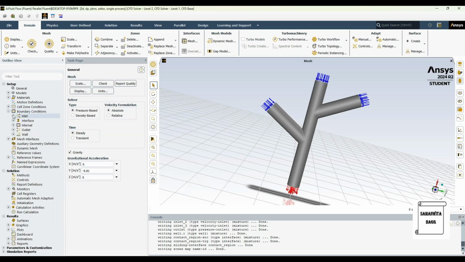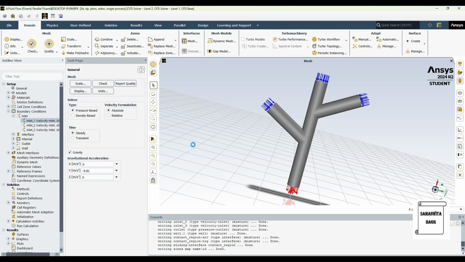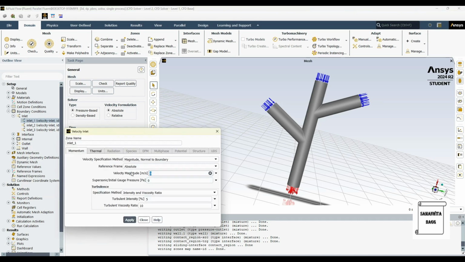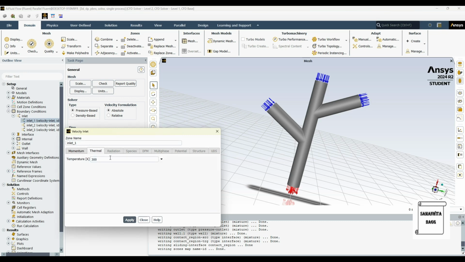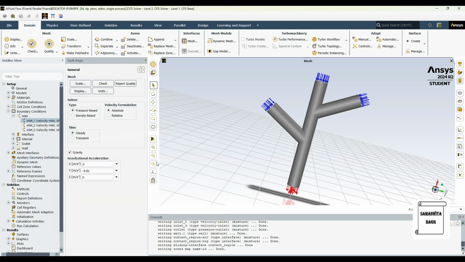Then I'll go to boundary conditions, inlet. For the first inlet, I'll give the velocity as 2.2 meters per second. You can see the thermal option is also available. Here I'll give the temperature as 298 Kelvin, that is 25 degrees Celsius, and apply and then close.